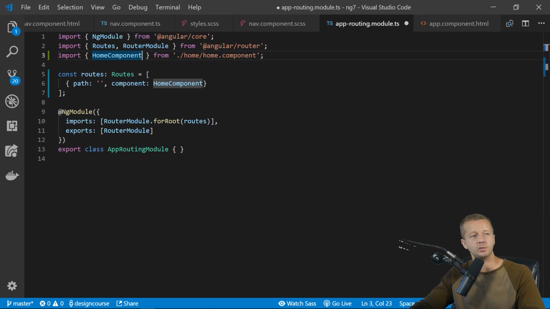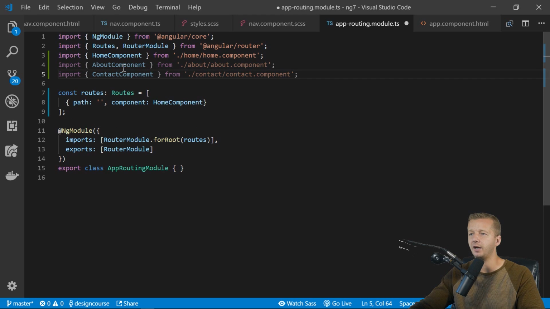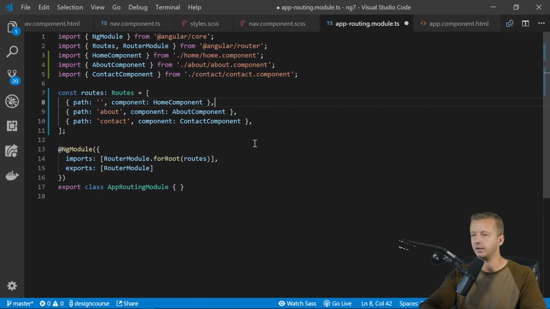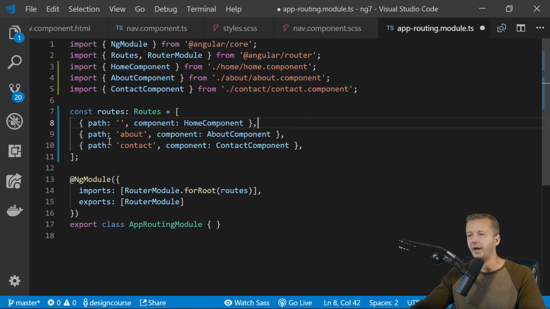All right, so then we have two other routes that we want to do. So I'm going to simply just paste those in from the written version because you understand what's happening now. So we have our about component and contact component here. And then we'll go ahead also and paste in the other two objects for those respective routes right here. And this is what that looks like. So we have our path of about, and that's set to the about component, and then contact is set to